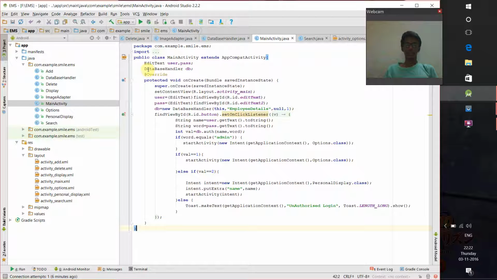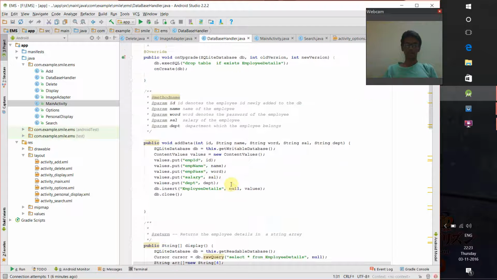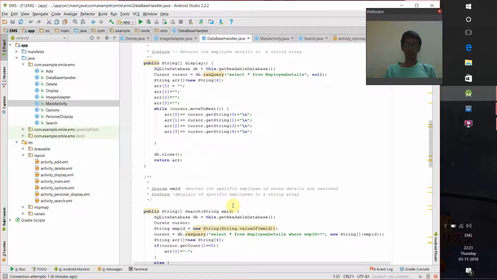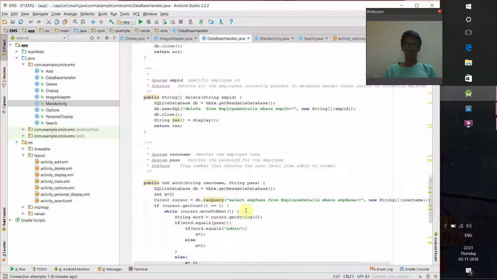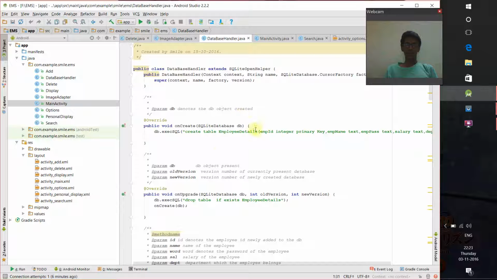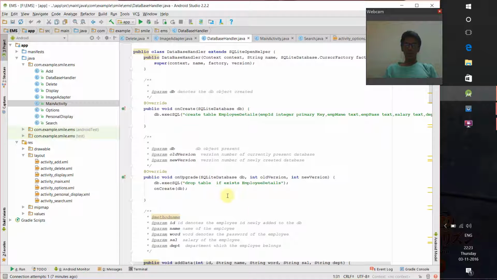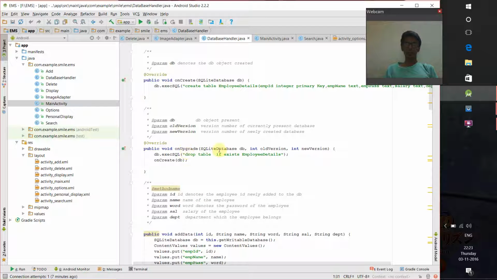And I have created a database handler class, which contains all the details of on create, on upgrade, add data, display, search, delete, and authentication and all. First, on create and on upgrade are overridden, and then by using the SQLite database object, I'm creating a table named employee details with employee ID, employee name, employee password, and salary, etc. And then if I am upgrading, the on upgrade method will